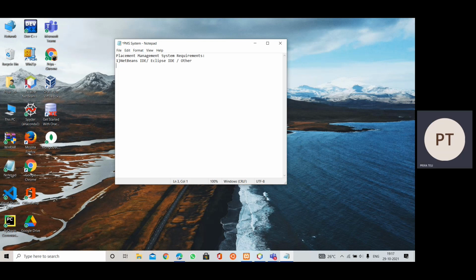Secondly, you have to use this. From this we are going to use Apache server, MySQL server.